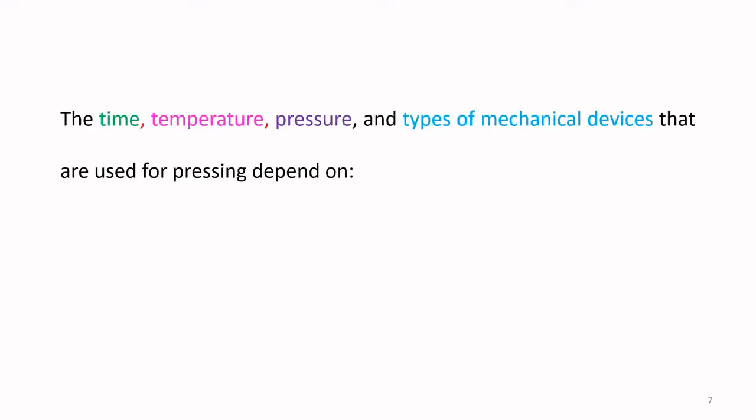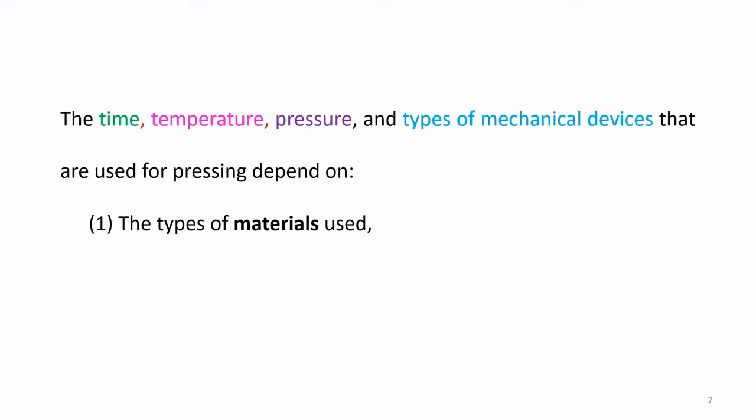Now, the time, the temperature, the pressure, and the types of mechanical devices that are used for pressing. So for a certain amount of time, at a certain temperature, and with a certain amount of pressure, using whatever type of mechanical device is used for ironing or pressing. Now, time, temperature, pressure, and the type of device are going to depend on the type of material used. That's one. Now, if it is thick material, you need more time, you need more temperature, you need more pressure,